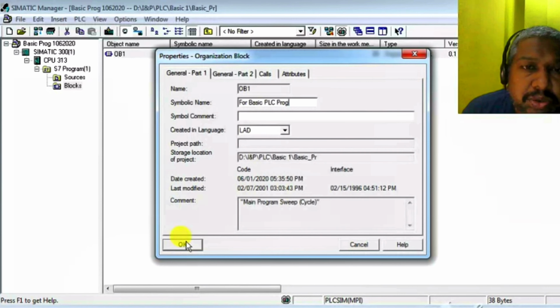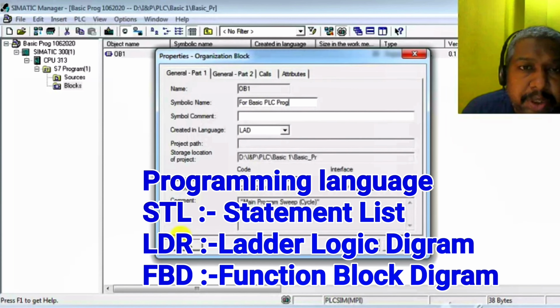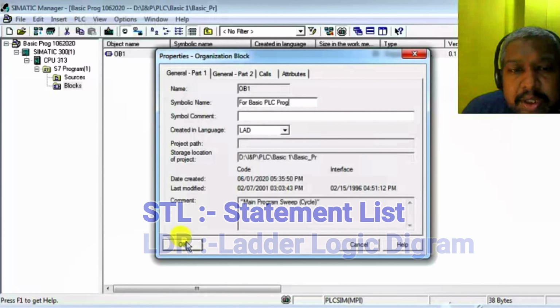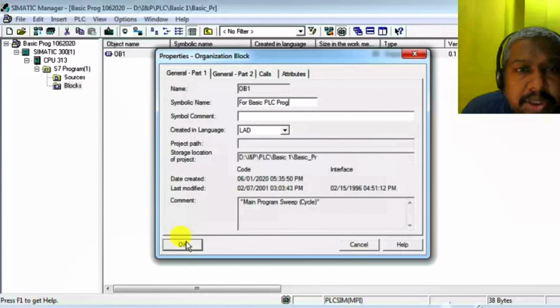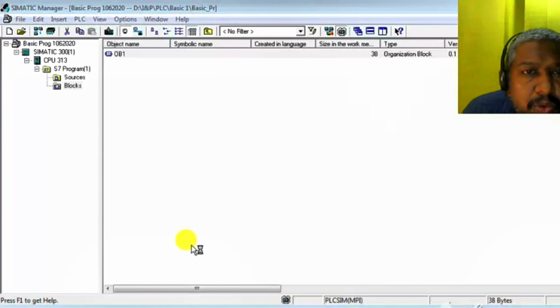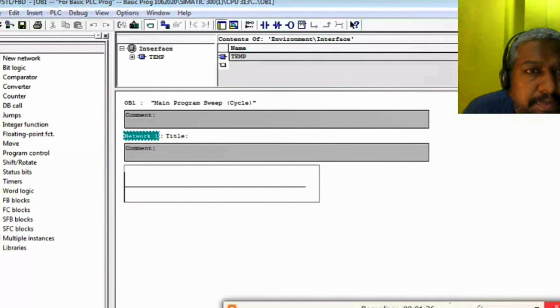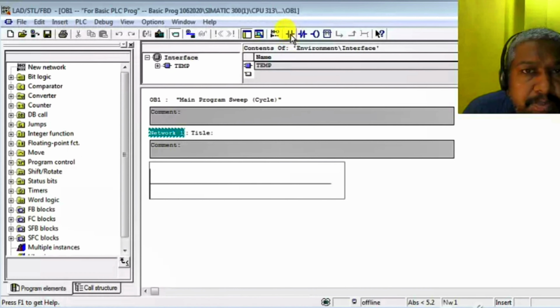This is a simple basic program, so use OB. In OB, use the ladder logic language. So select ladder, okay. OB is open now. This is the OB window, the programming window actually. This is the basic program window.